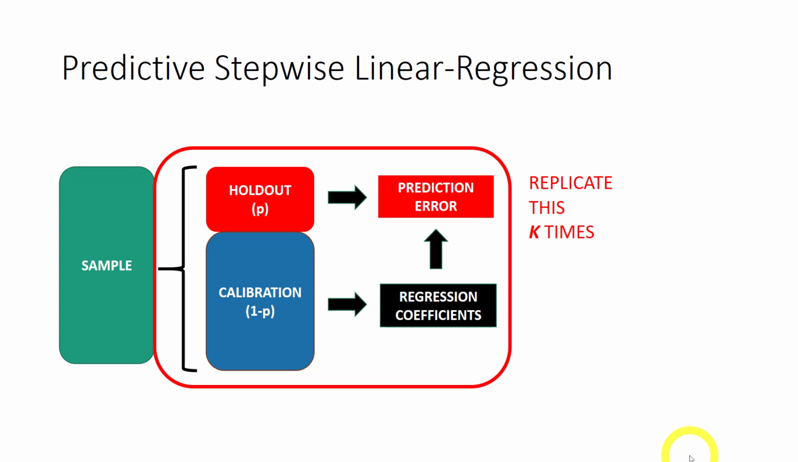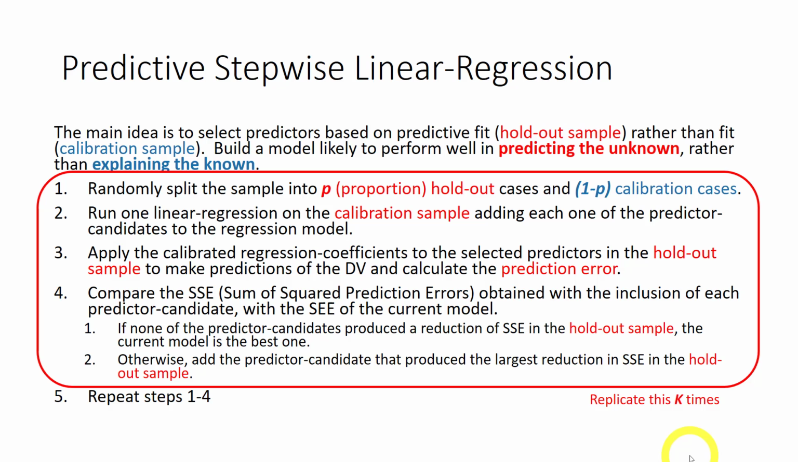10 random samples from our original sample. Perform this split into holdout and calibration 10 times. And at each stage, we select the predictor that produces the largest reduction in prediction error across all 10 replications. So again, the idea here is we randomly split the sample into holdout and calibration, then run one linear regression